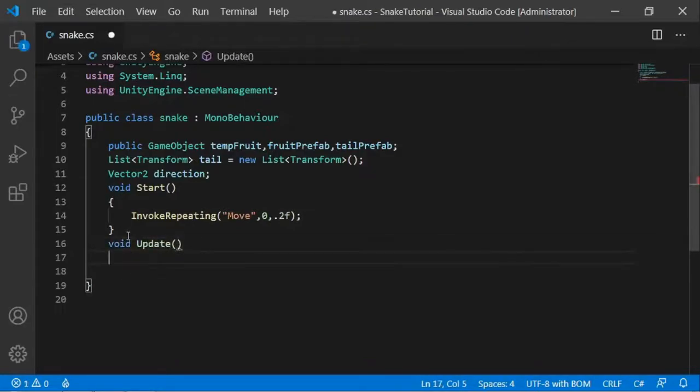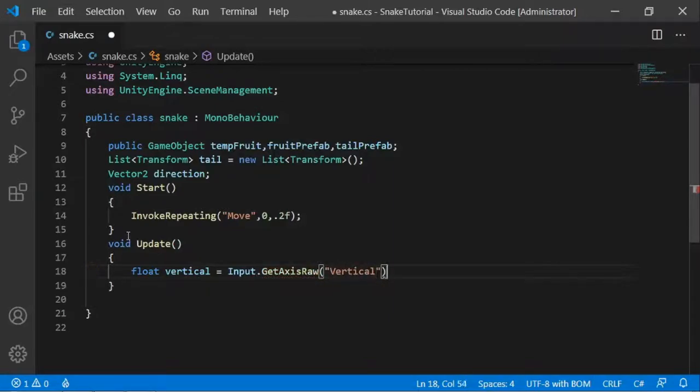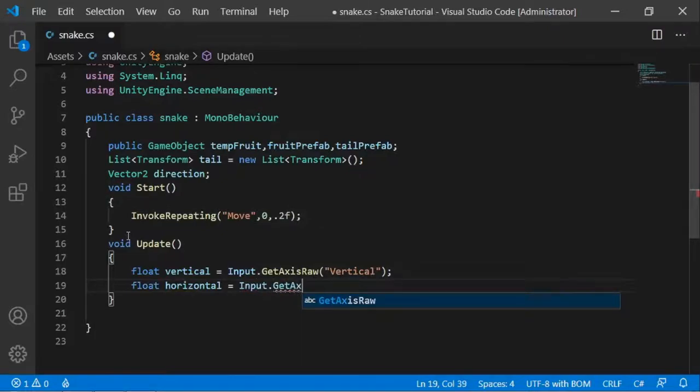So in Update I have to check the inputs, so float vertical equals Input.GetAxis vertical, float horizontal equals Input.GetAxis horizontal,